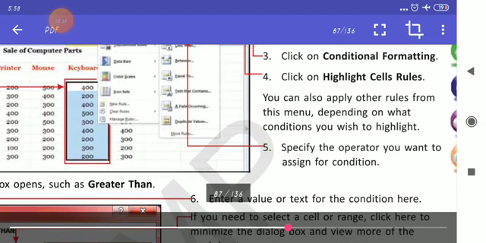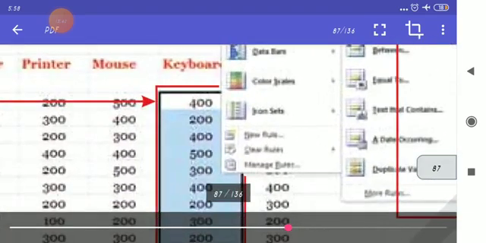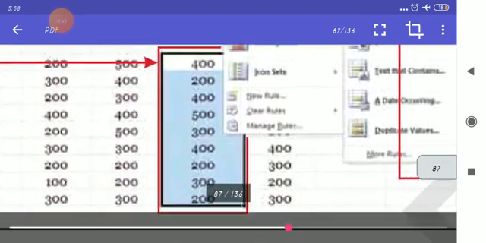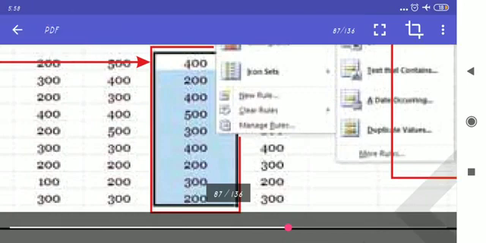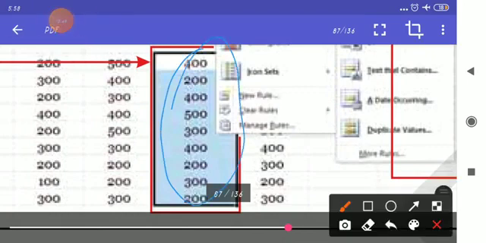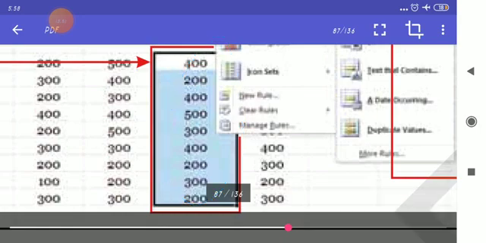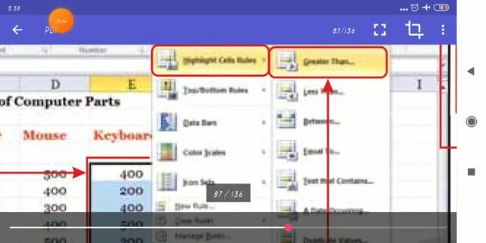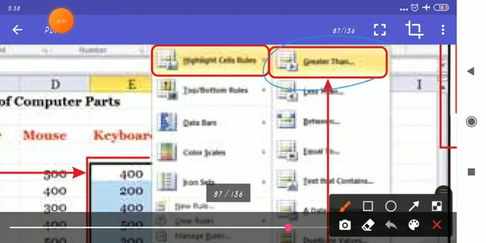Specify the operator you want to assign for the condition. As you have selected over here the keyboard column, you can see 200, 400, 500, and you have selected the highlight rule greater than.